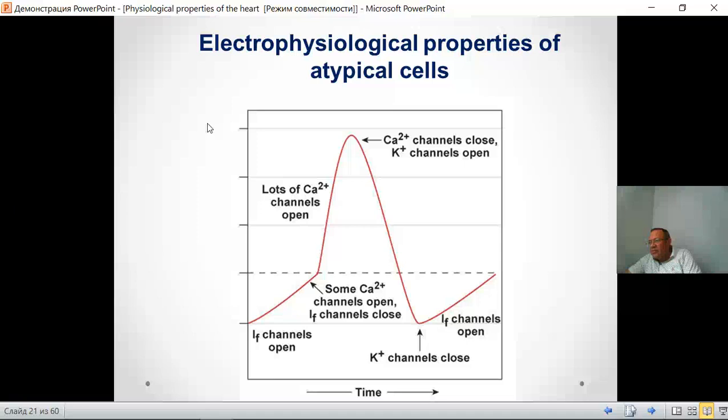During phase number 4, the most negative value of the membrane potential, called the maximum diastolic potential, is approximately minus 65 millivolts, but the membrane potential does not